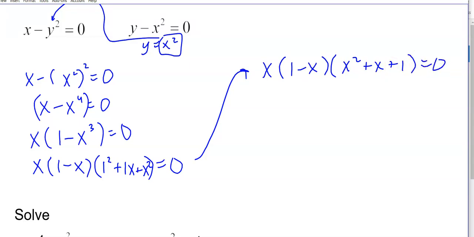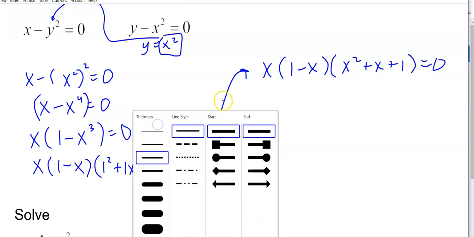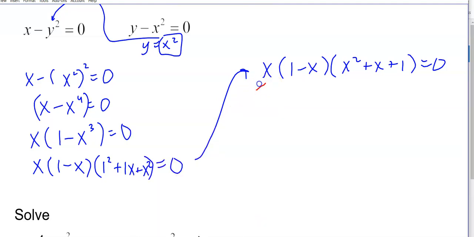So my solutions here are, depends if they're asking for real solutions or not. x equals 0 is the solution for this one. Set that equal to 0, so 1 minus x equals 0. So x equals 1 is the solution for this one. This one doesn't really factor, so I guess I'd have to do the quadratic formula. So you go x equals negative b,